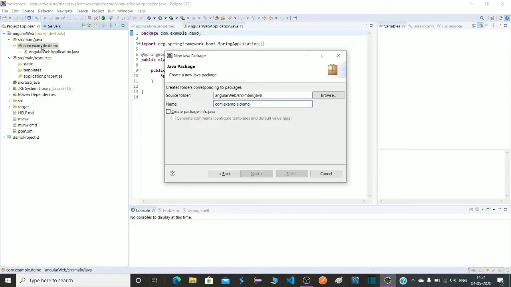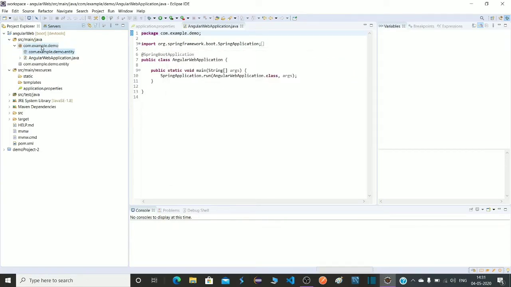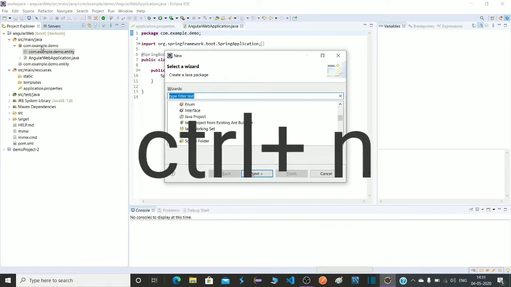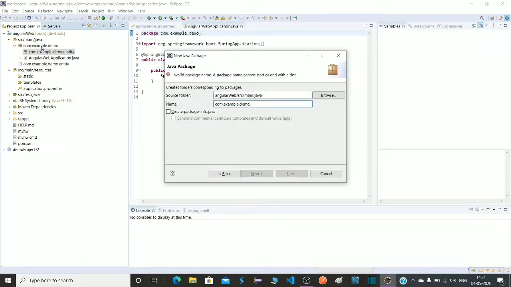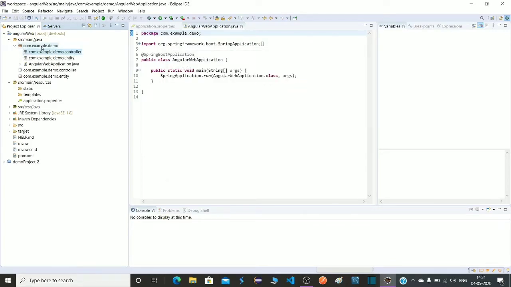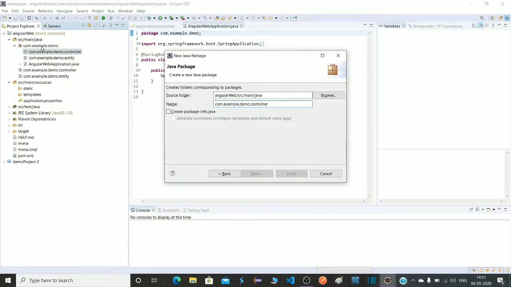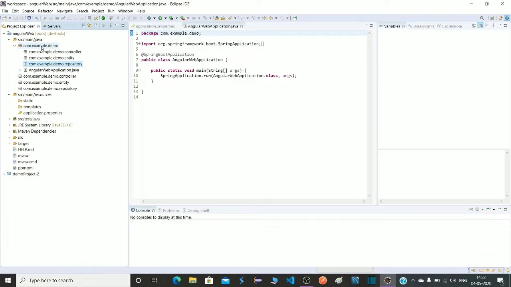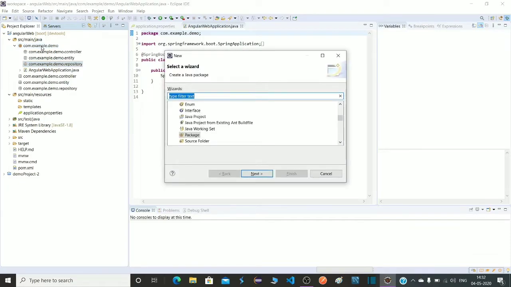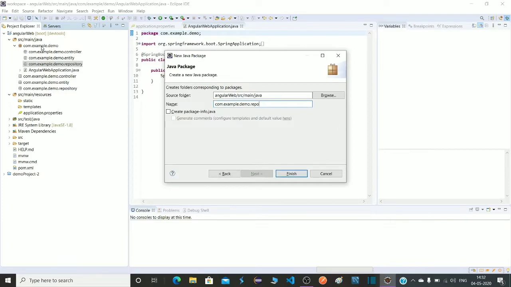Click on that, add here. First I am going to create the entity package. Again press Ctrl N and again press enter. Here I will add controller and Ctrl N package, name it as repository. Ctrl N, enter, service.